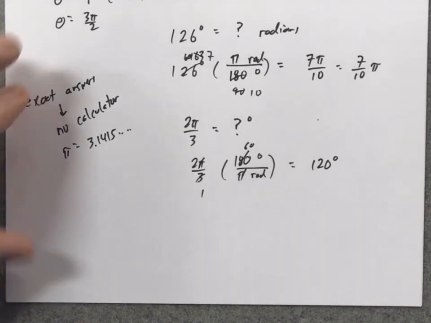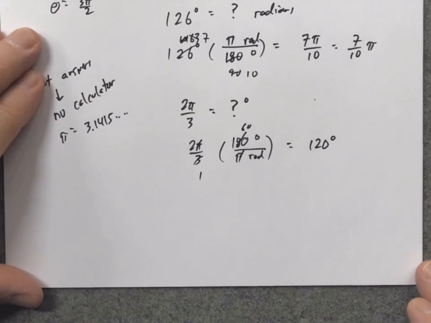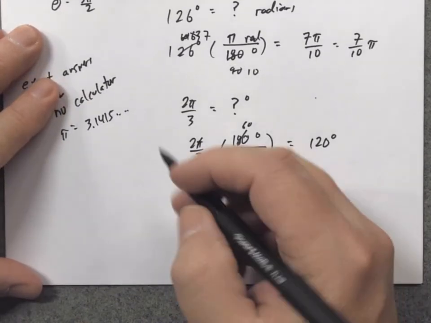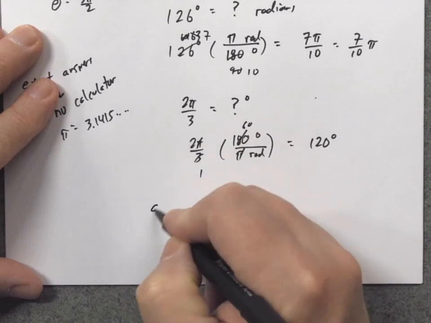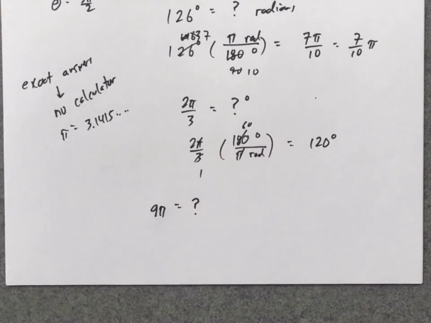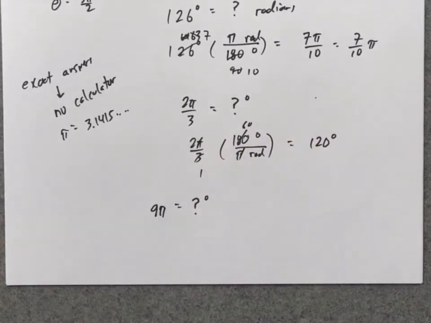Now let me do a couple more problems converting, and this will also be a chance to talk a little bit about how measuring these angles works. Because the next problem I see wants me to convert a 9 pi angle into degrees. Now, I'm not going to take the time to explain in a lot of detail, but basically, hopefully you remember from class that